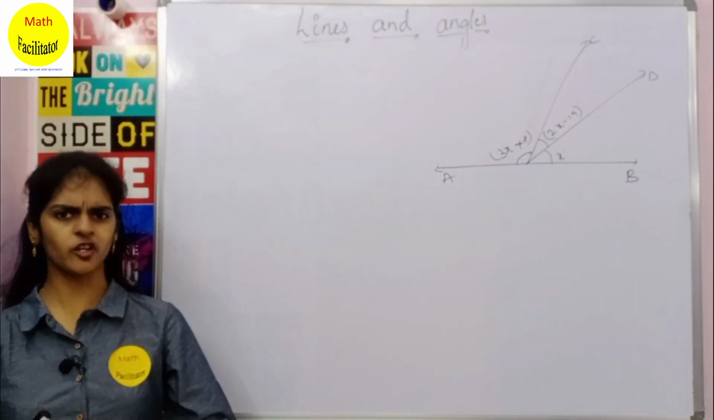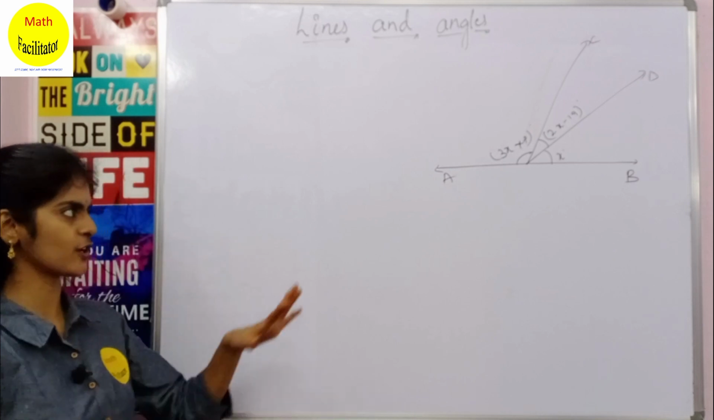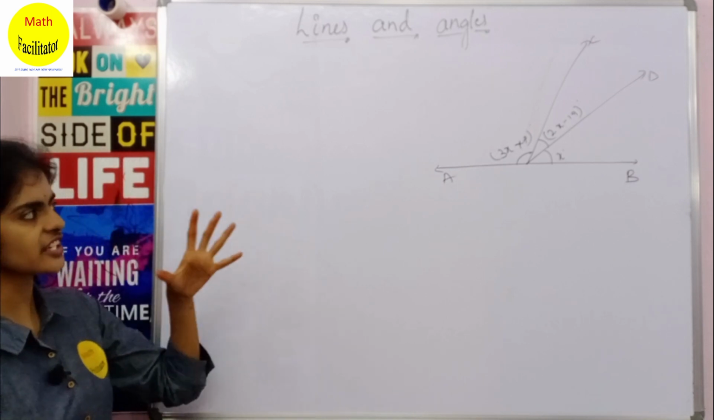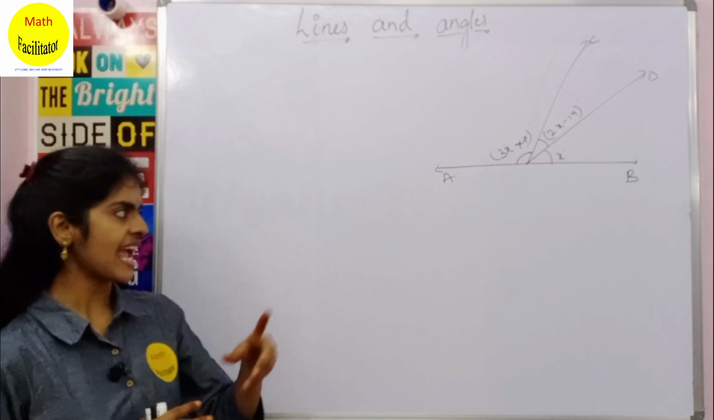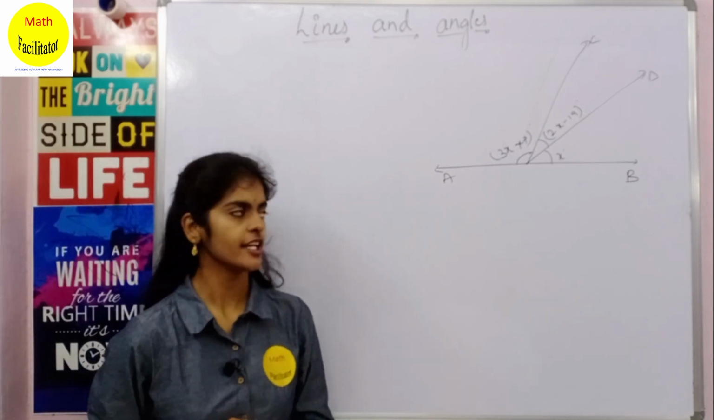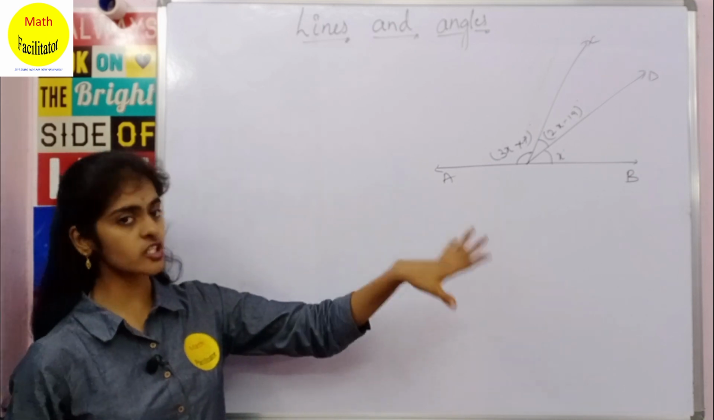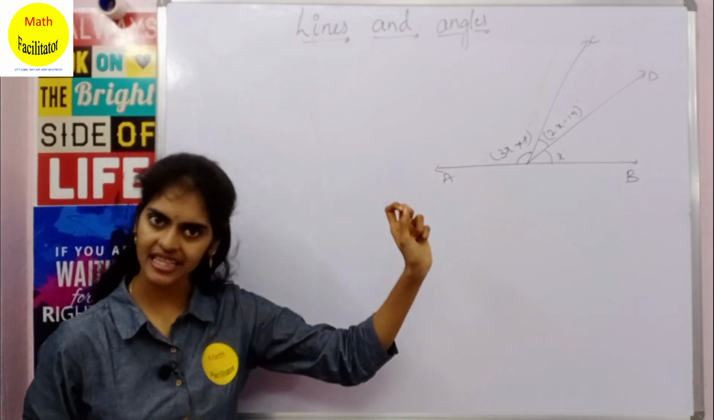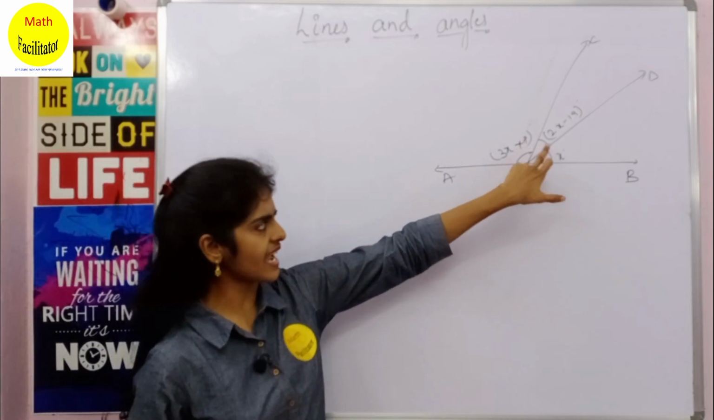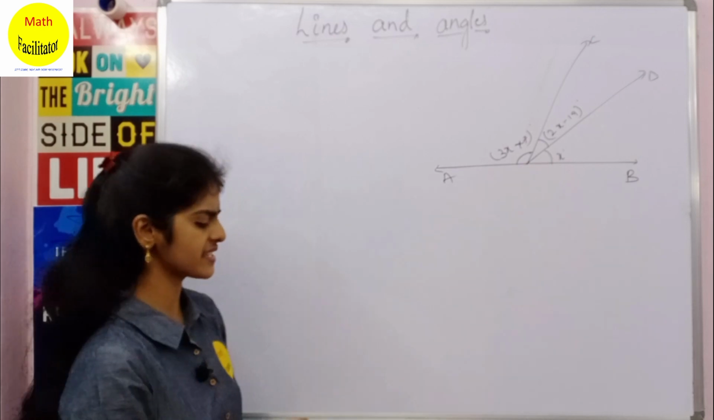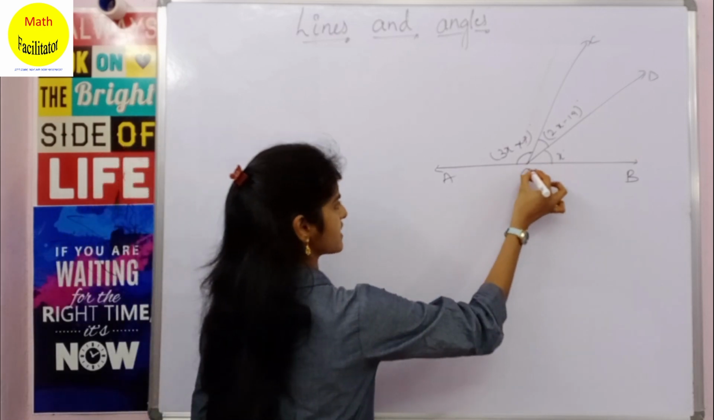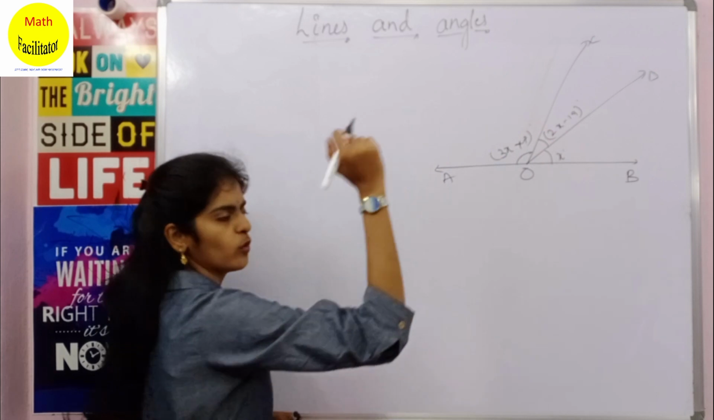So using all the concepts which we have learned till now, let us solve this problem. In this figure you can see you have three angles formed and AB is a straight line. You have to find the value of x, and also the value of these angles. Clear? You can see all these angles are at a point. If you consider this point as O, all these angles are at this point O, and O is